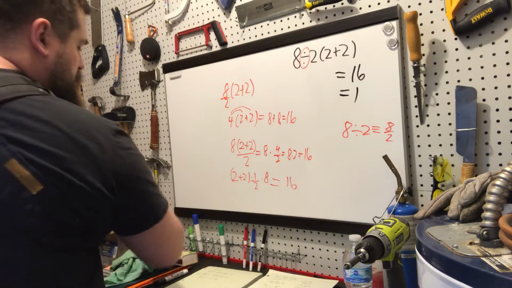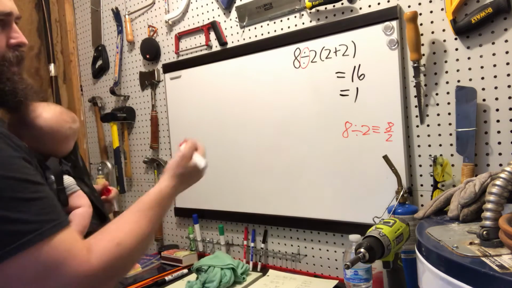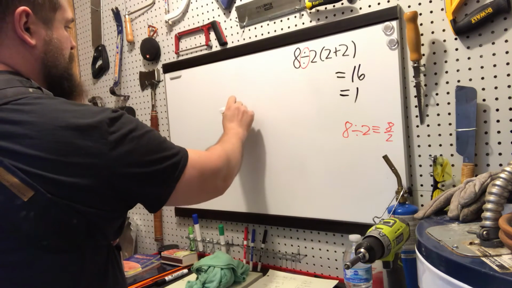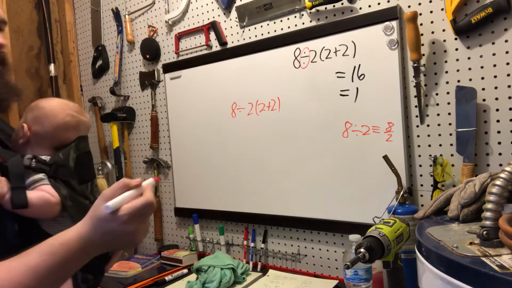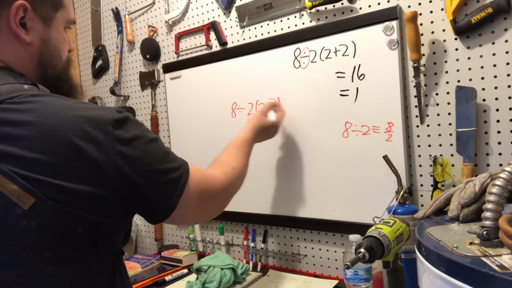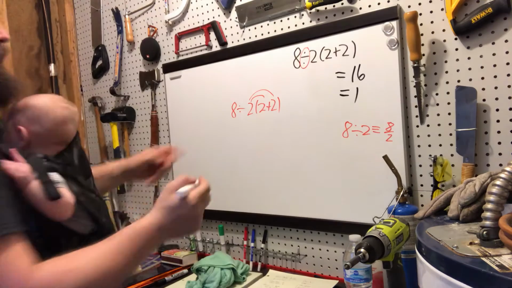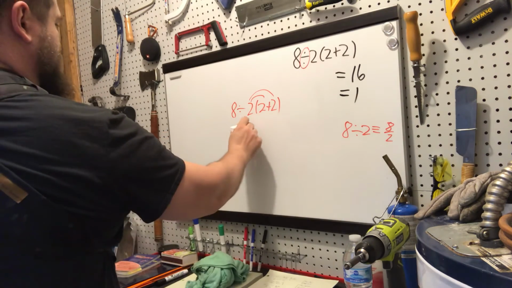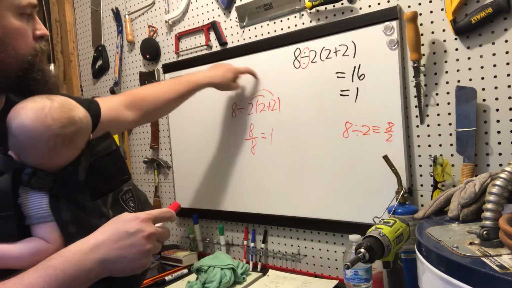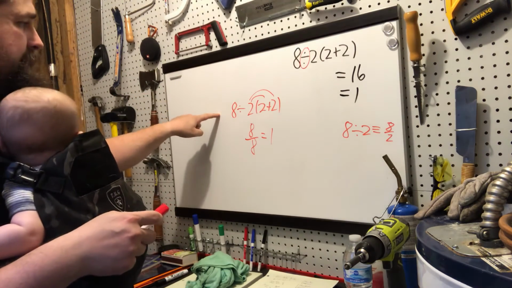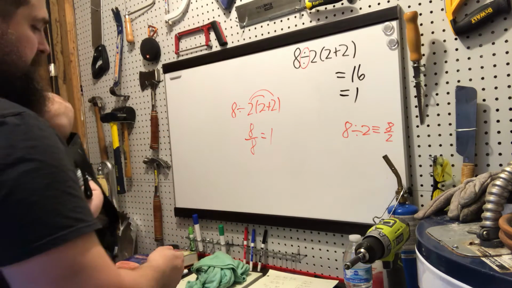However, if you want to go by PEMDAS, there's no reason 8 divided by 2 times 2 plus 2, there's no reason this can't be done first, because it's, you know, it's common law. You can distribute this right here, right? You know, because as far as we're concerned, this is the same thing. And then you end up getting 8 over 8, which is equal to 1. However, because you can't move this over here and do the same problem and get the same answer, you violated the law of distributive property. So that is why